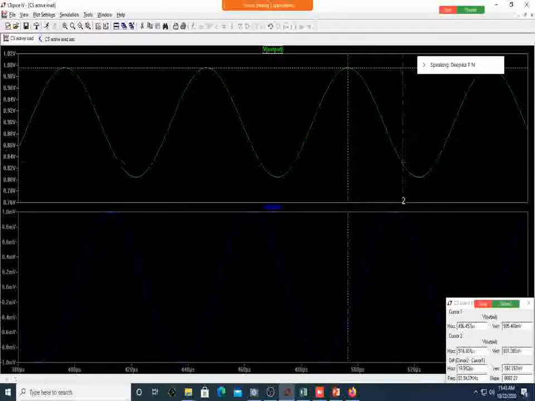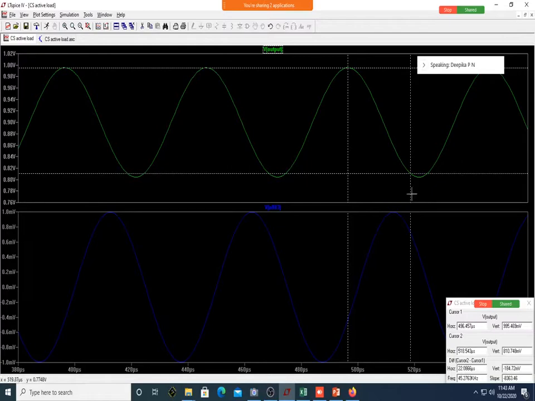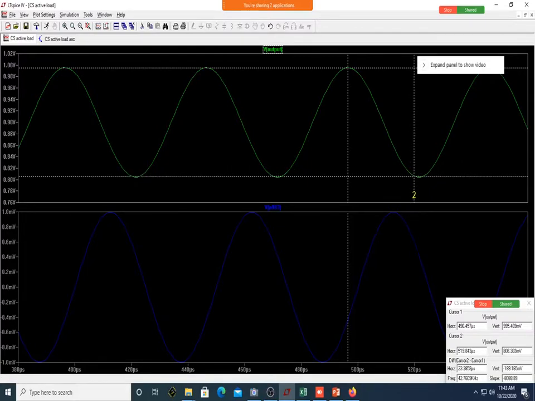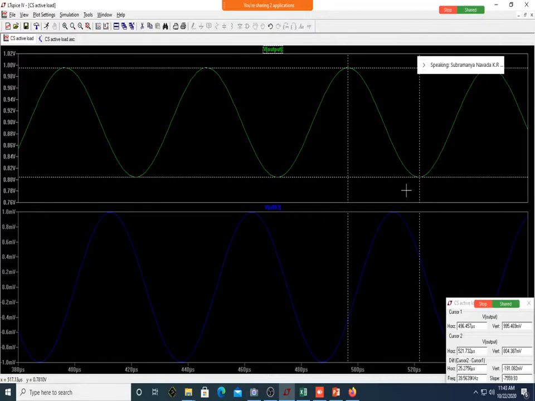What was the limitation? The maximum swing will be decreased. Meaning, if you keep on increasing the value of RD, the MOSFET was going to the linear region, and you are unable to get the desired gain.